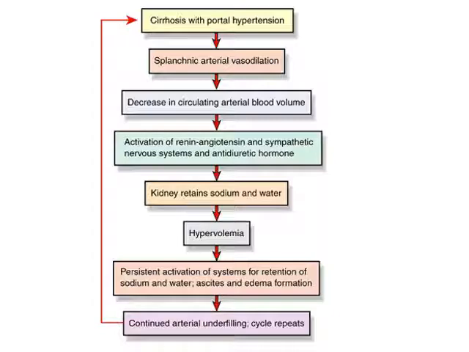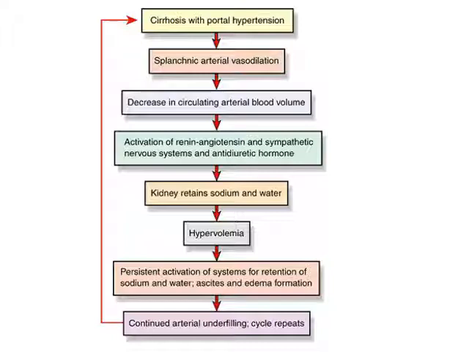So think about vasodilation, and with that you will have a decrease in circulating arterial blood volume. And then with the decreased blood volume, we go back to the fluid regulation cycle, way back from fluid and electrolytes. If we have decreased blood volume, we're going to have activation of the renin-angiotensin-aldosterone system,